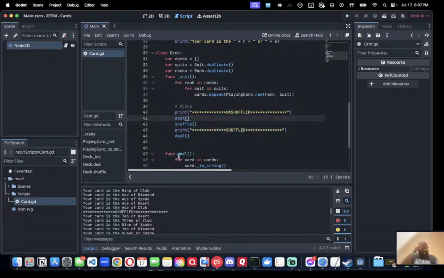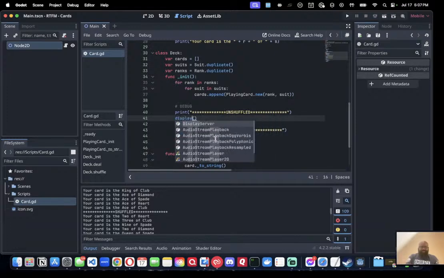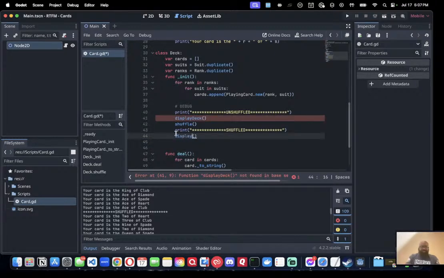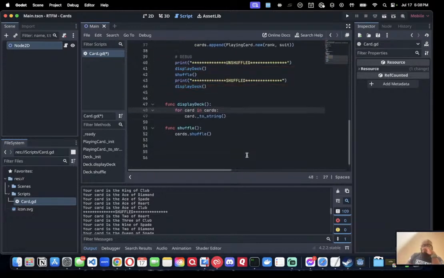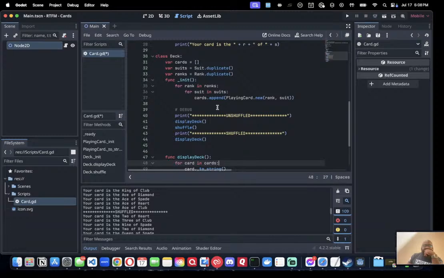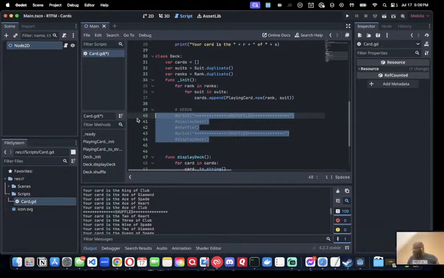Refactor this and call this display cards. And this will be display deck. And that's just going through and showing what it is. And then these can be commented out because